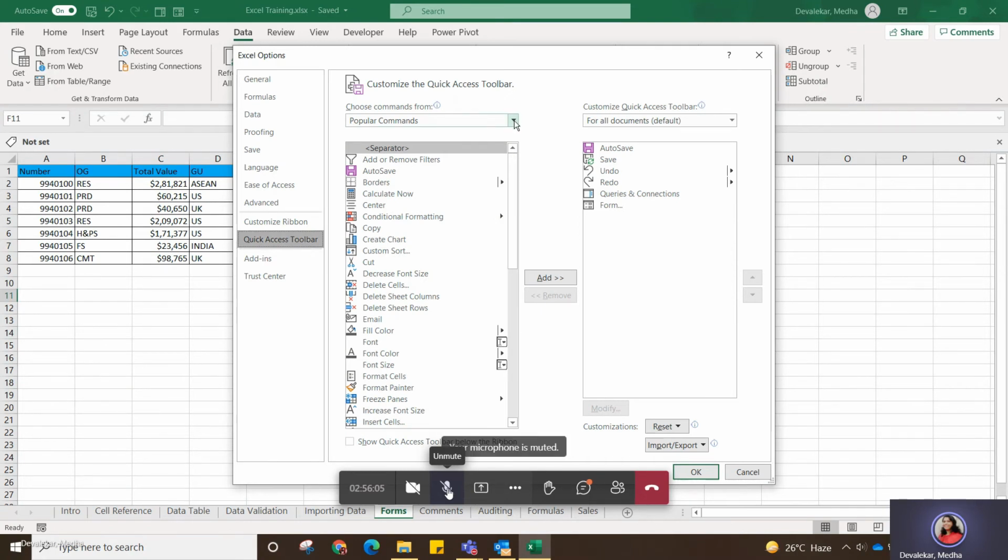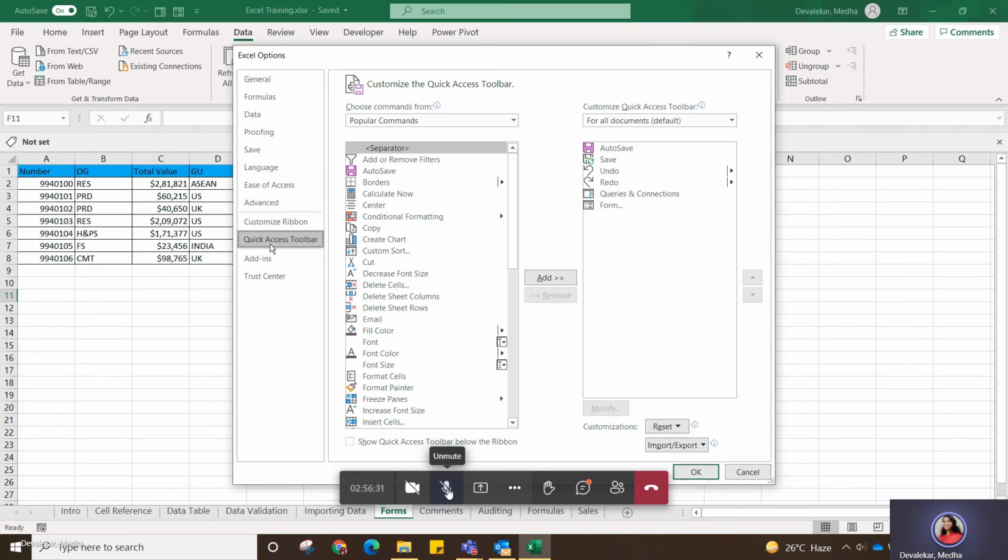Everyone with me, if you don't find that more commands here, please go to file and choose options. Then you will get this window. Then go to quick access toolbar. And if you are going from here and more options, you will see the same window.